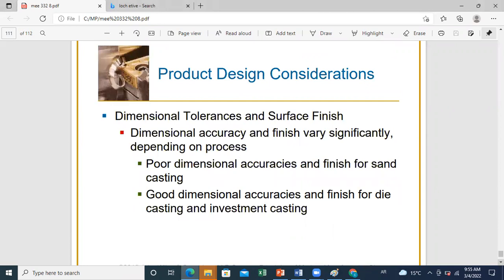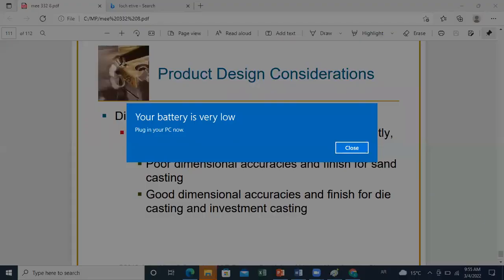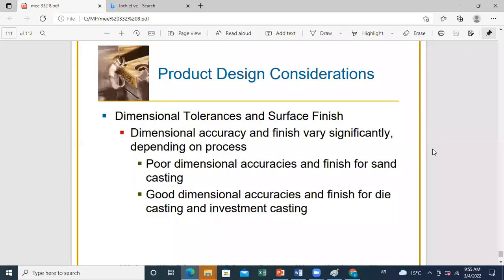Now, concerning the tolerances, we already talked about them, and we said that in some casting processes we might have large tolerances, so in this case we might use machining afterwards. So dimensional tolerances are related to surface finish. Dimensional accuracy